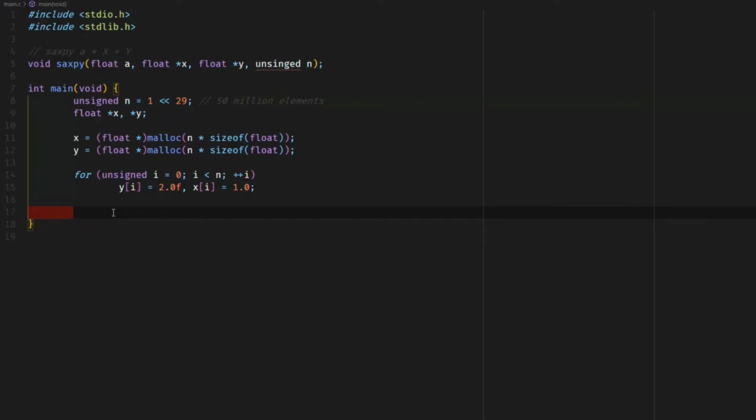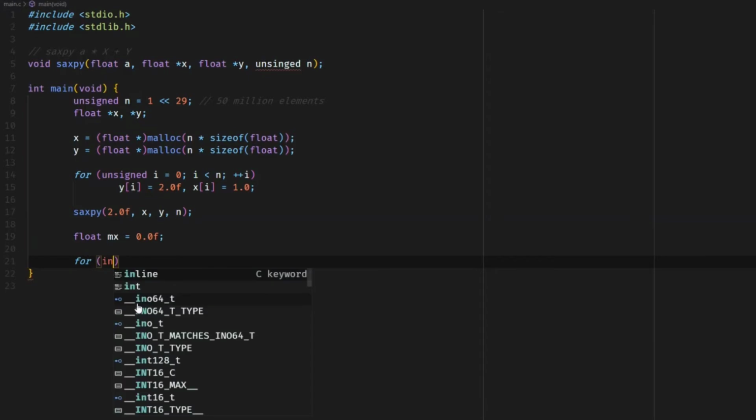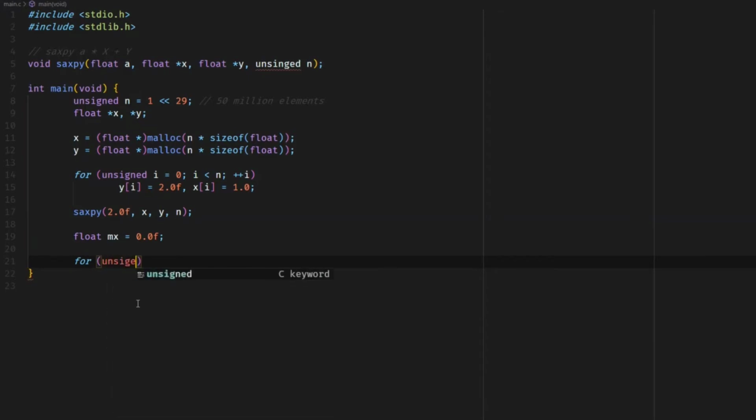Now both the arrays are initialized, so we can call our saxpy function, which takes a scalar a. Let's give it a value of 2 for now, then x, y, and their size. Now let us verify that indeed our saxpy program performed as intended. We'll define a variable float max and then iterate through all the elements, calculating if there is any error.